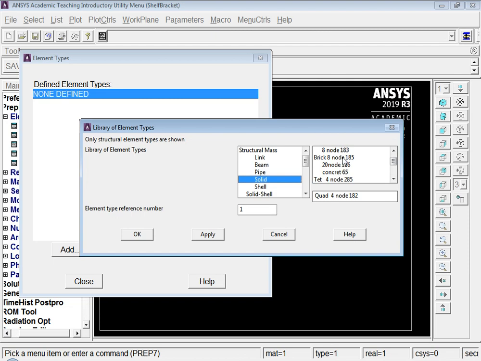Tetrahedron 4 node has triangular areas everywhere, 4 triangular areas connected with 4 nodes. So when we try to mesh, it will give us less number of nodes.